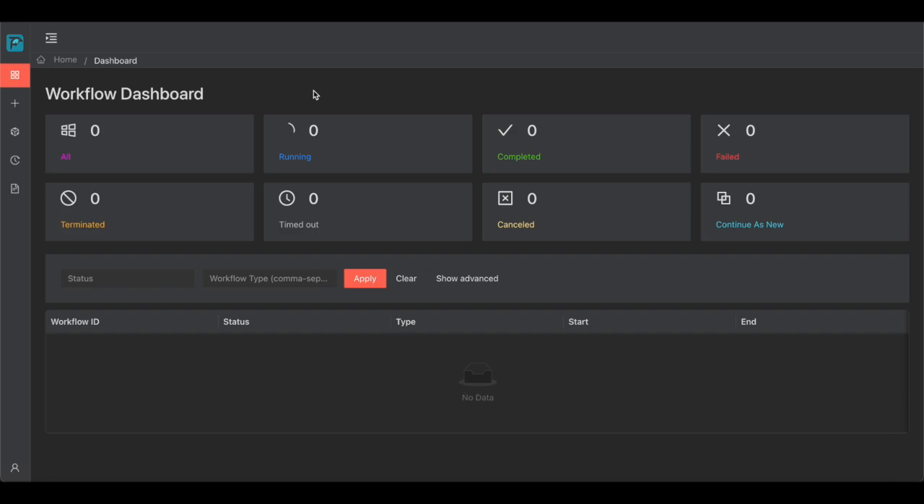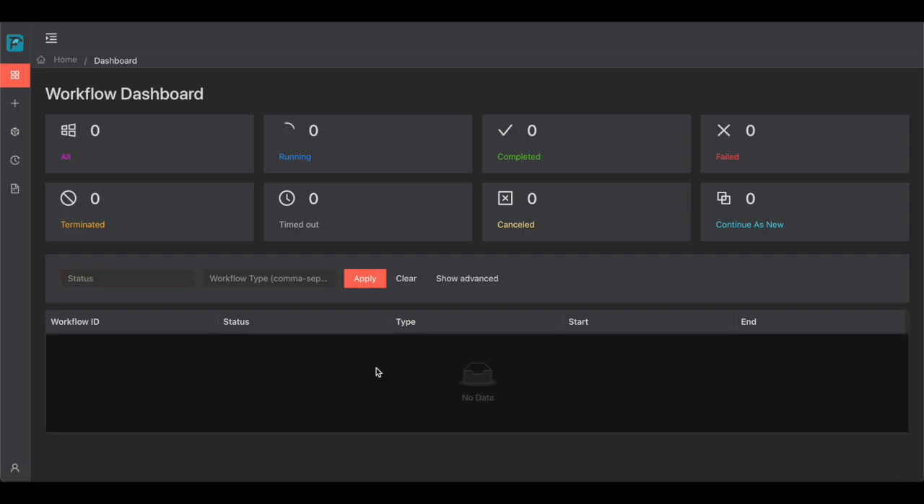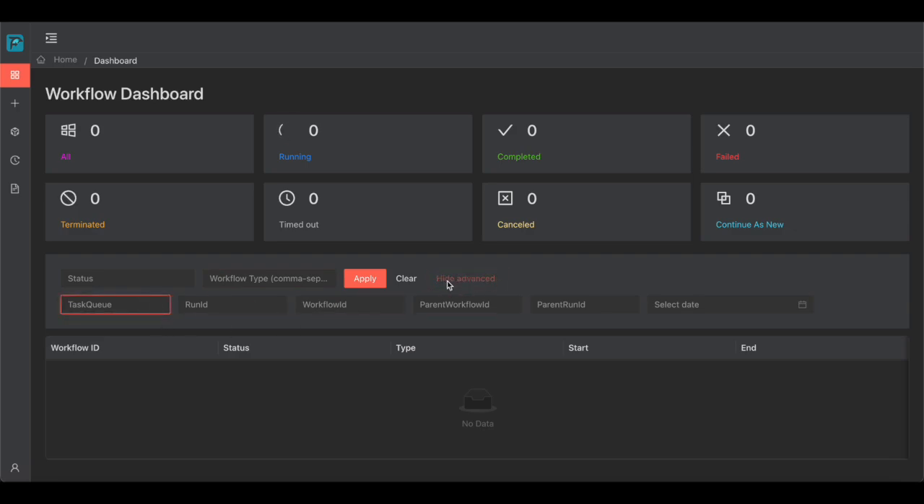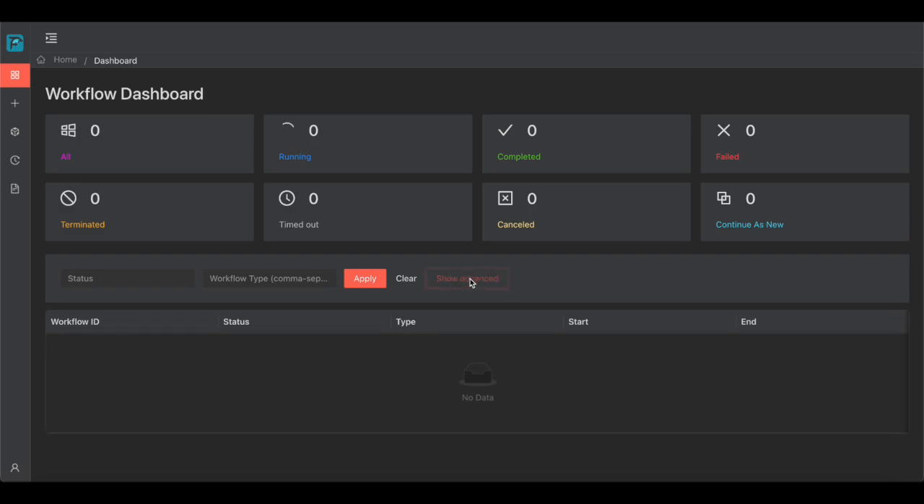running, which are currently executed, and total workflows. Also we have different statuses like failed, terminated, timed out, canceled, and a workflow which is run as continue as a new workflow. We also have a list of workflows currently running. You can filter it with the different statuses. Also we have a show advanced feature where you can specify the exact date, workflow IDs which are currently running,